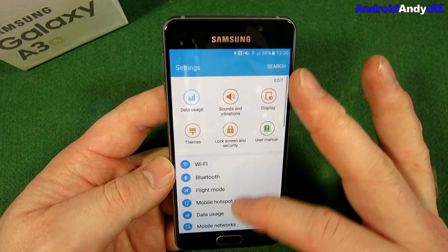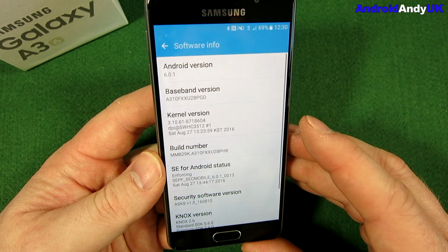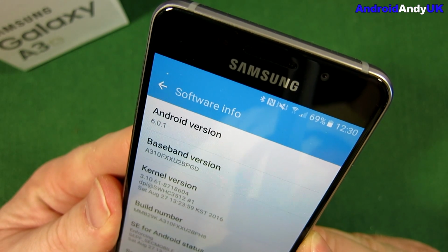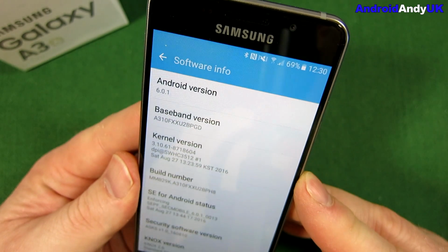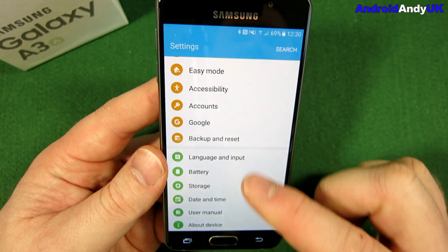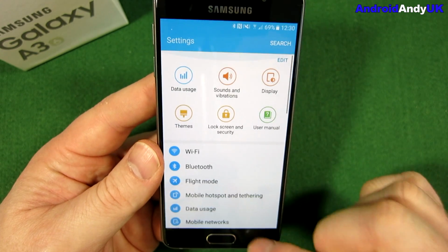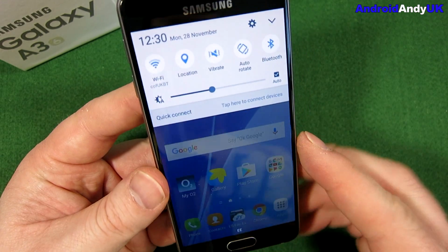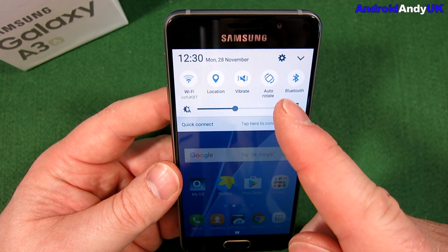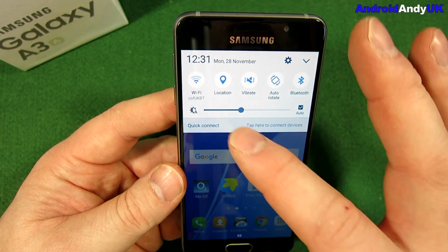The software, out of the box, it comes with Android 5.1.1, but almost straight away it updated to Marshmallow, Android 6.0.1. It's like a 1 gig download. Obviously the software is the TouchWiz version of things, but actually I don't particularly have a problem with that. They've toned it down a bit these days. It used to be like bright green, almost the Seattle Seahawks colours, if anyone can relate to that. Kind of a bluish with bright green. I thought, oh, it was revolting, but these days actually